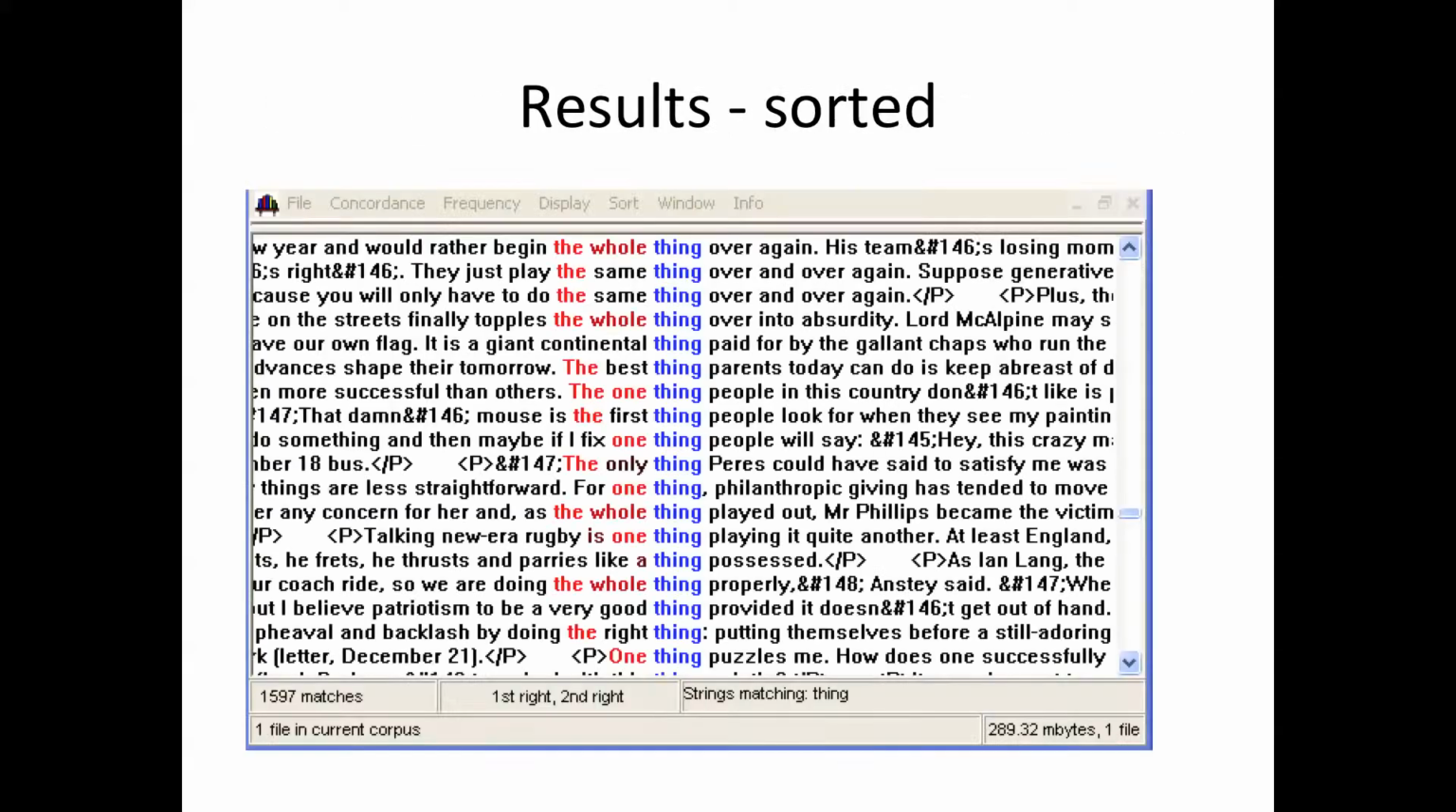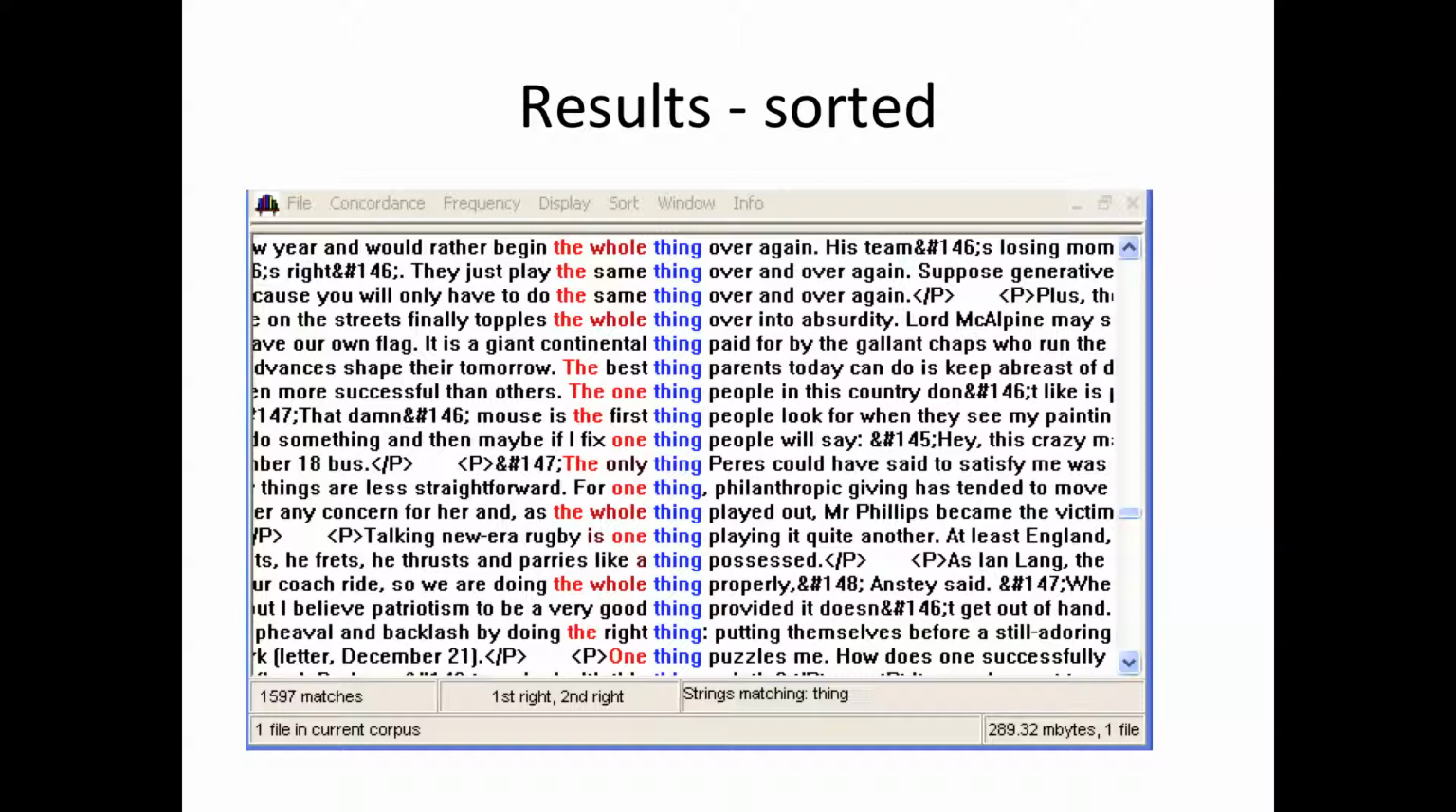On this next screen, I just did a search for thing, and here's just a little sample. We have 1,500 matches of the word thing. Here it's telling you something about the sort, first right, second right. There's only one file, this corpus, and it's quite a large file. So we have this characteristic keyword in context display,